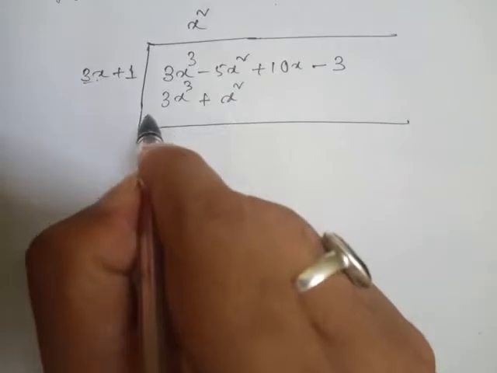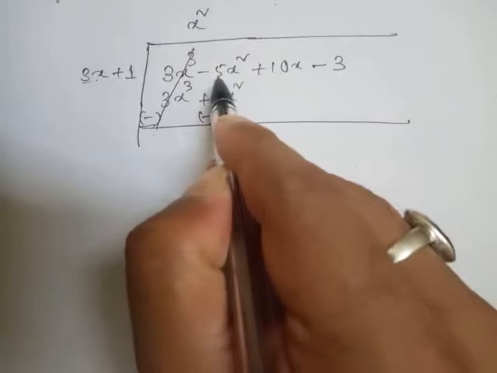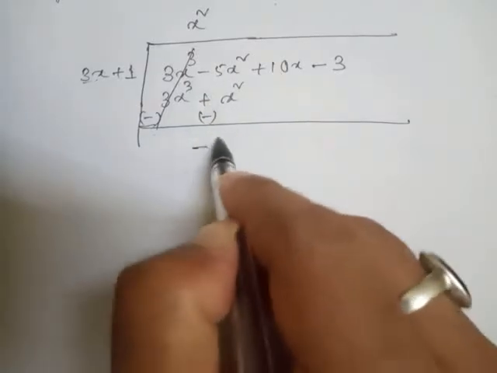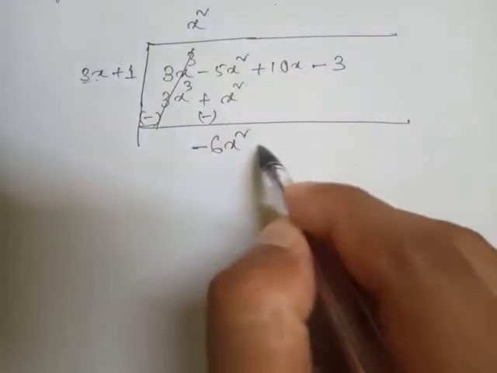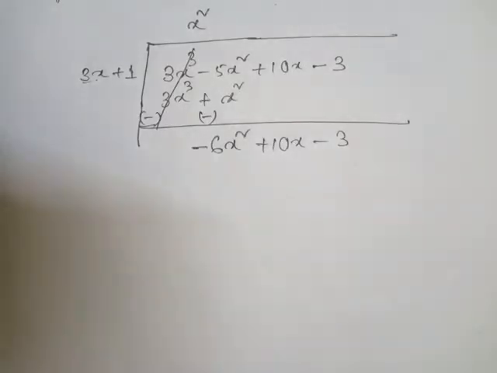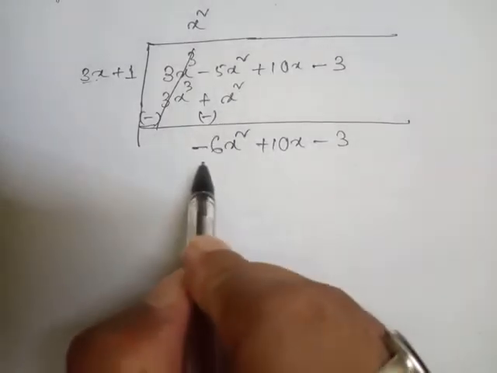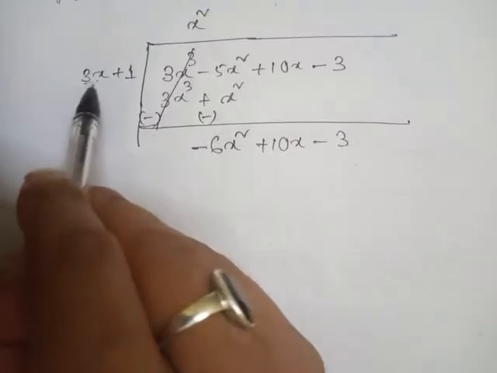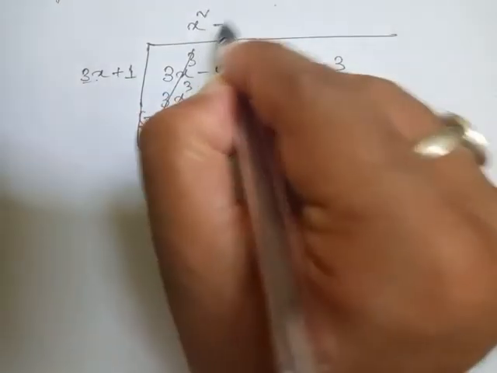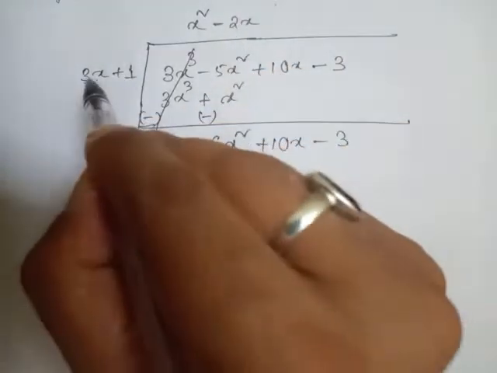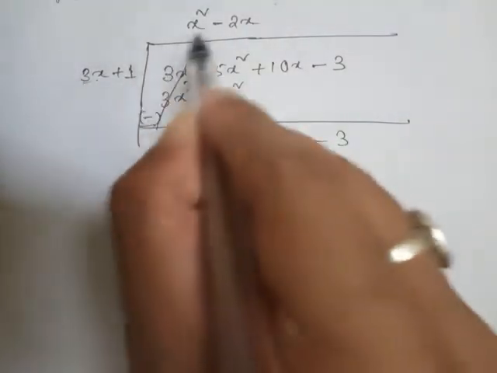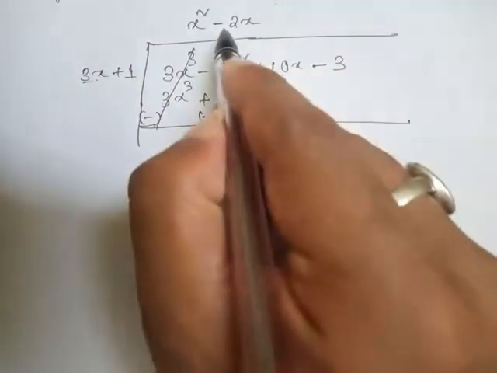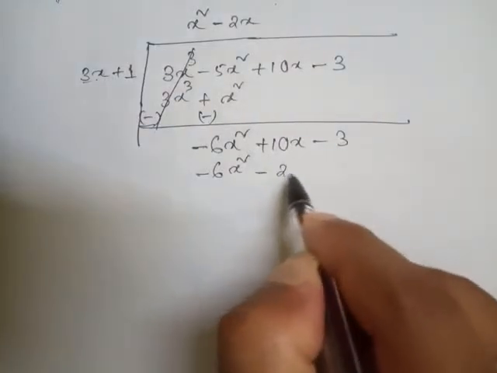Now the sign will change, this becomes minus and this also becomes minus, plus minus cancel. Minus 5 and minus 1 means minus 6x square. Now look, plus 10x minus 3. Next, there is minus 6x square, there is only 3x. So if I write here minus 2x only, 3 2s are 6, x into x is x square, and minus minus. Now minus 2x plus 1 means minus 2x only.